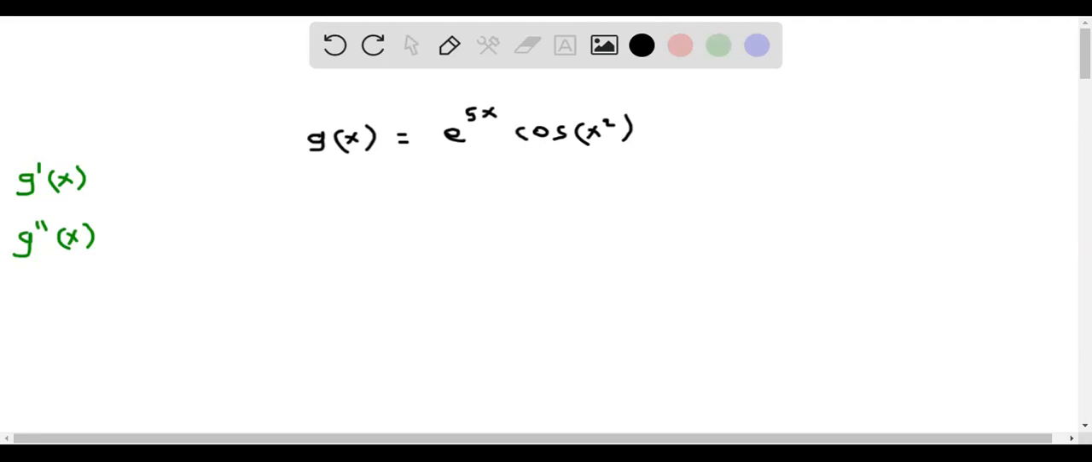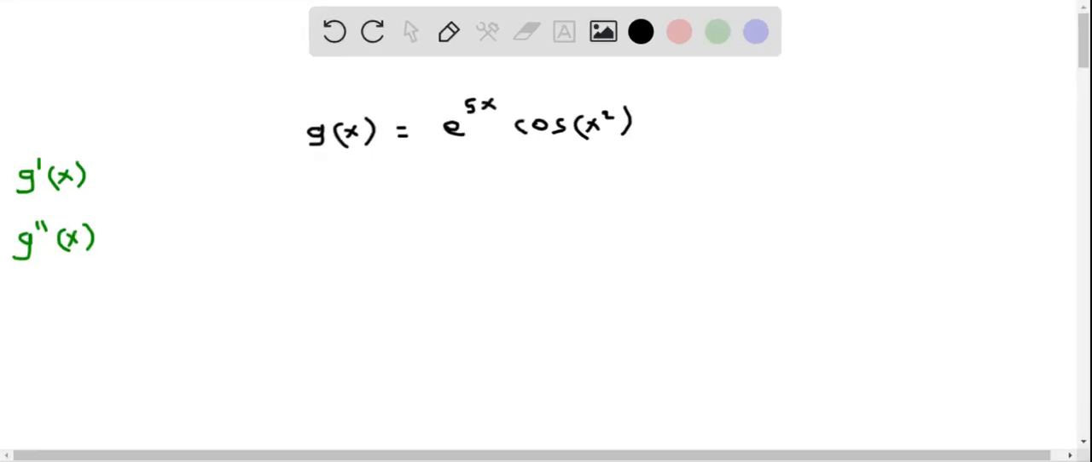Let's find the first and second order derivatives of g of x, given that g of x equals e power 5x times cosine of x squared. So here we consider this as a product of two different functions, that is e power 5x and cosine x squared. So to find the derivative of g, we should use the product rule,